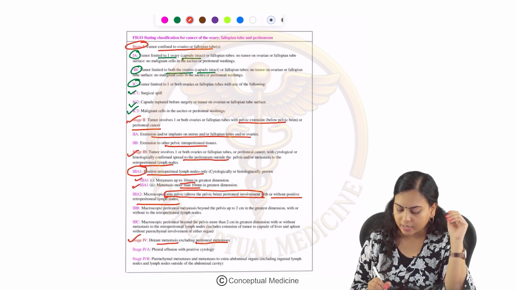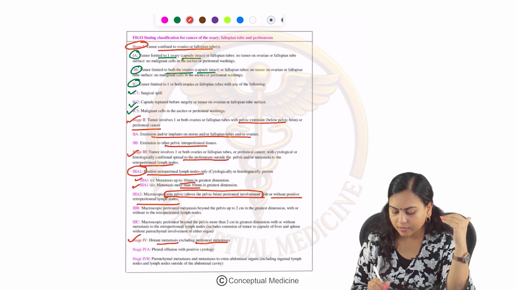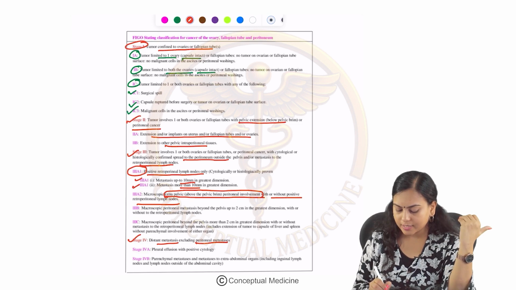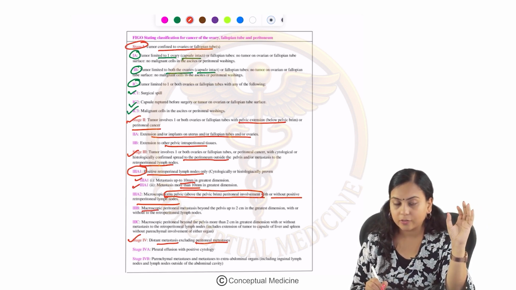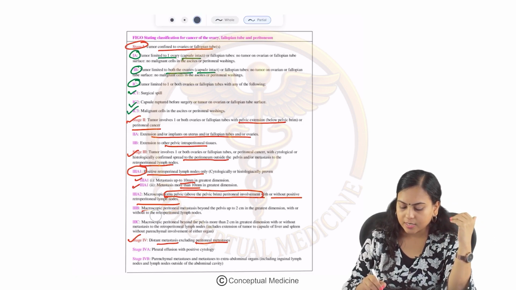Clear? Right. Now coming to stage 3B, here the past two stages, that is 3A1 and 3A2, are microscopic. Whereas coming to 3B, it is a macroscopic stage, where macroscopic lesion, where macroscopic peritoneal, repeating once again, see in stage